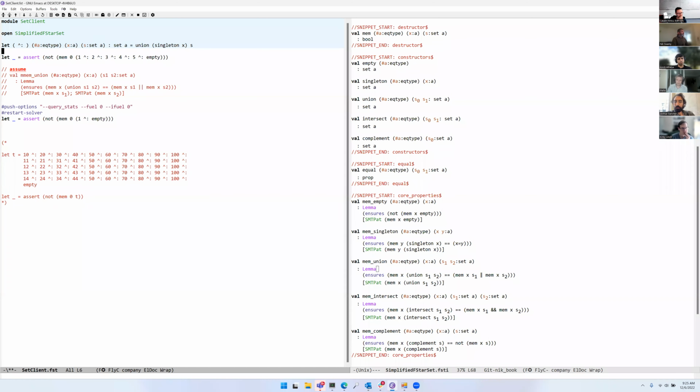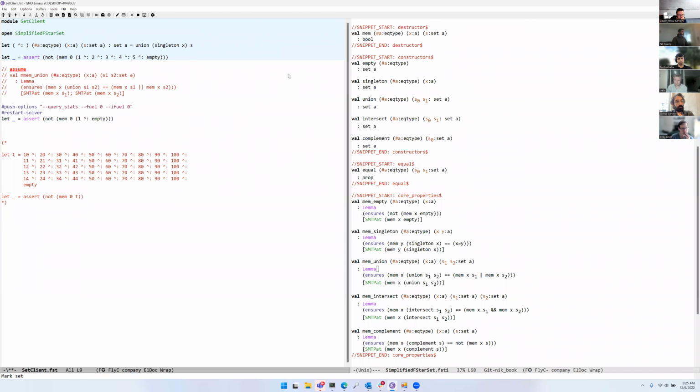So, for instance, here I can ask Z3 to prove that 0 is not in the set 1, 2, 3, 4, 5, and it's going to do this by instantiating this quantifier repeatedly and then showing that the disjunction of X naught for each of the singletons is not true. Okay,